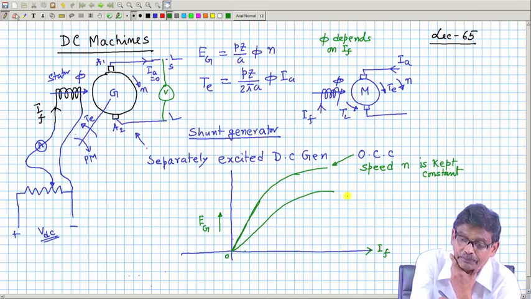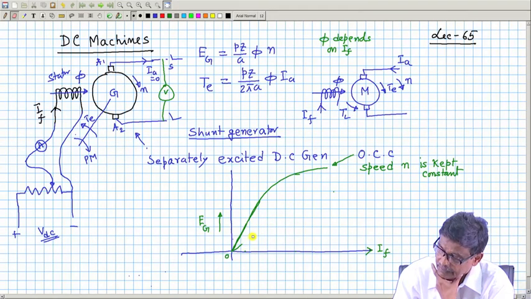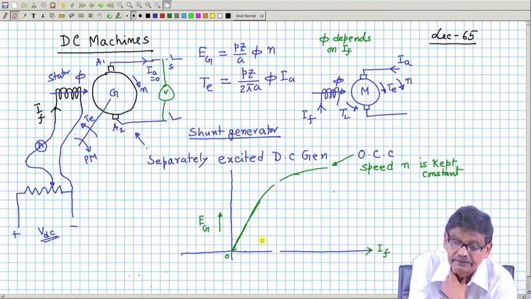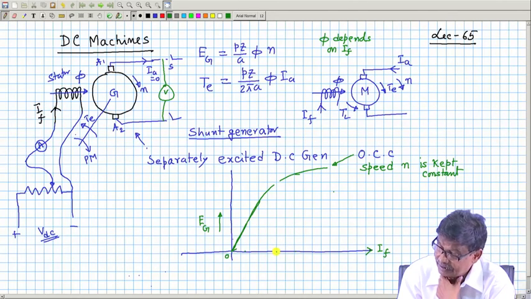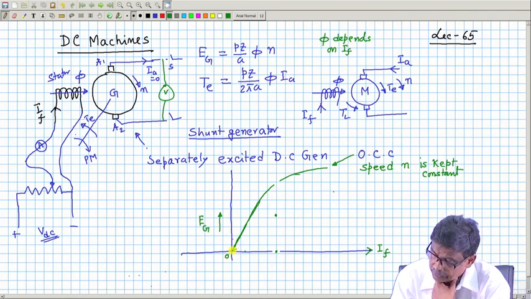I mean, in scale I have not drawn properly, but it will be like this. For a given field current, suppose this was the induced voltage at n rpm. If you make the speed half, this induced voltage will also become half, that is, it will be here. Therefore, it will be like this,